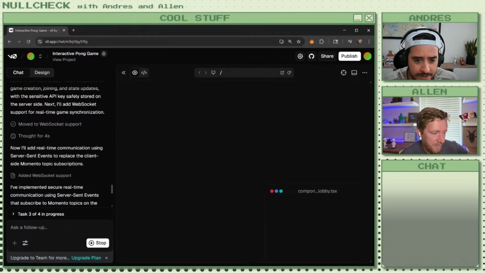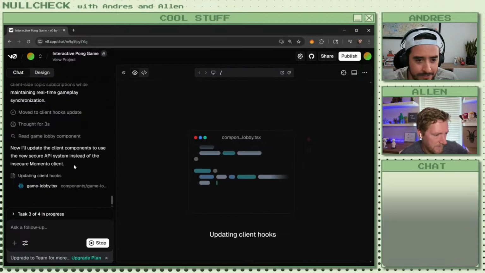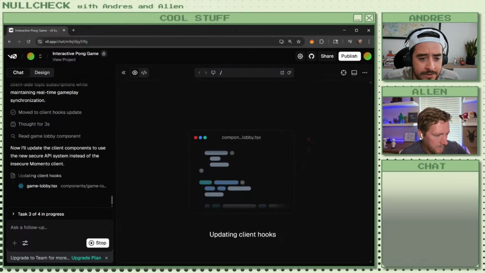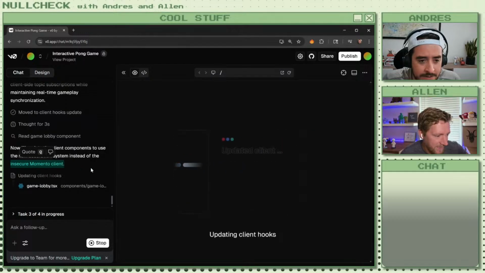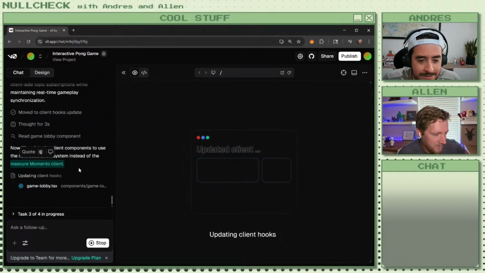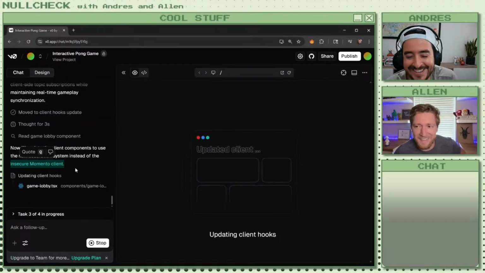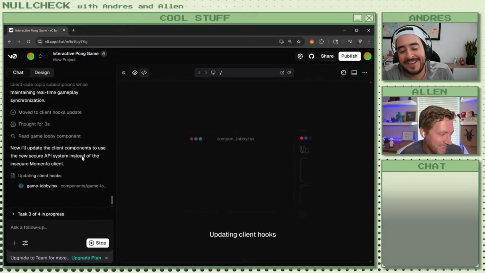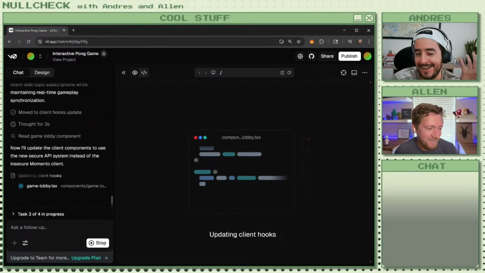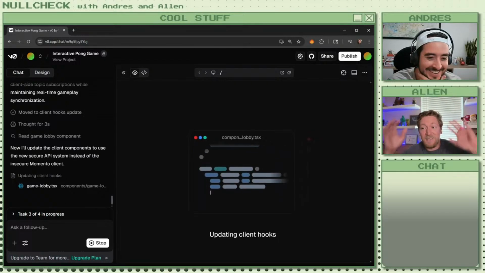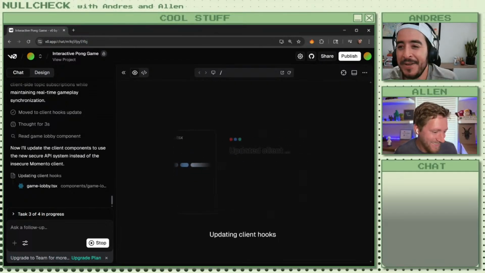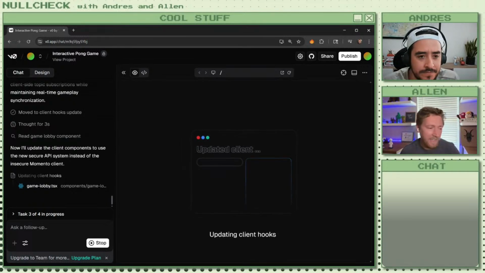So scroll down a little bit. Yeah, that auto scroll is really killing me. Move to client hooks. Insecure. I don't like that. Who are you? Say insecure. It's okay, it's the web client. Yeah, these front end developers. I'll tell you what. And I'm just throwing all the punches today.